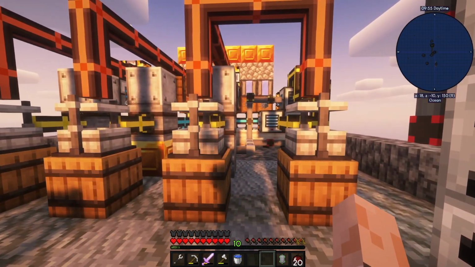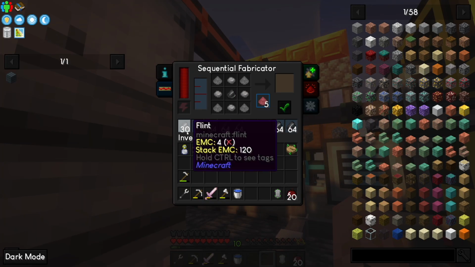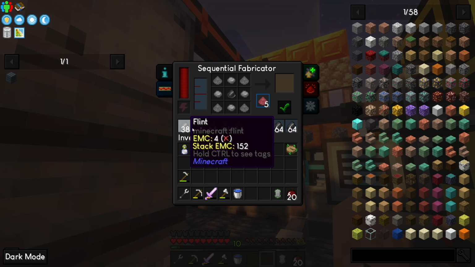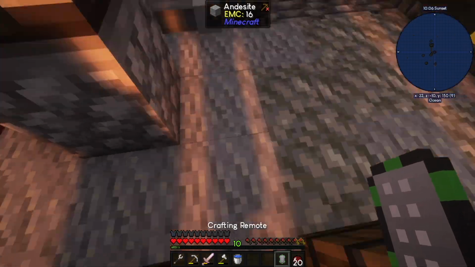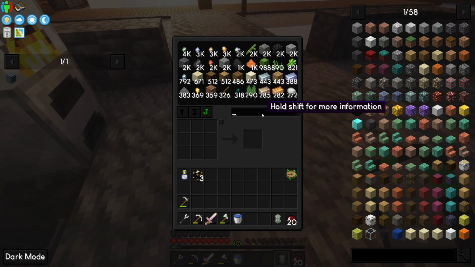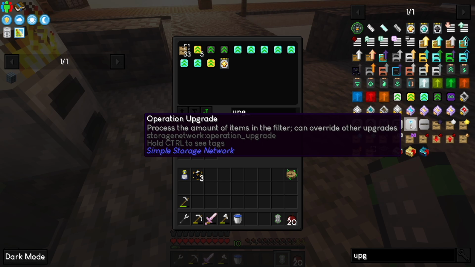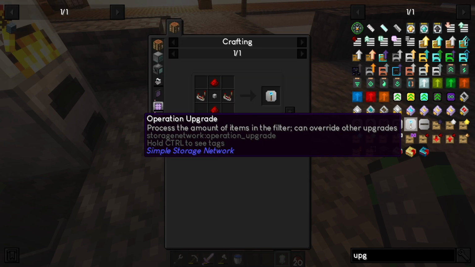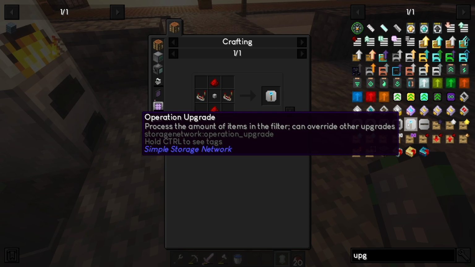So that has been a little bit of an issue, but I don't have a way yet to control the speed, or the quantity, I guess, of what items go into here. I think I found a couple solutions for this. One of them would be the simple storage network upgrade, where you can change the amount of items that go in through the filters and whatnot,